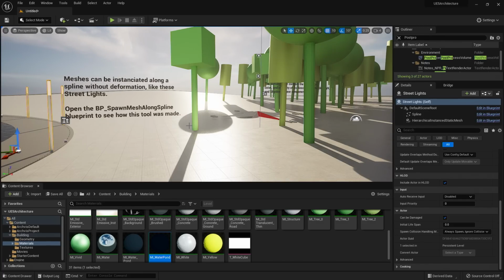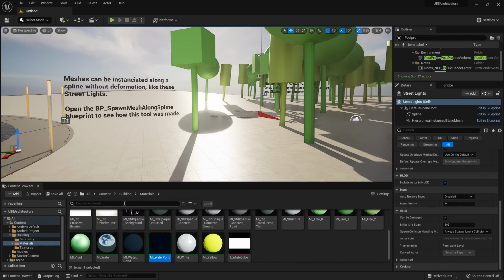So let's take a step back and first talk about blueprints. Blueprint is Unreal's visual scripting system that provides the ability for designers to create custom gameplay, tools, and scripts within the project. This can be helpful when creating customized interactive elements or workflow tools for building out scenes. So this template provides an example here so that I can take it and expand on it. So let's take a look at how to do that.